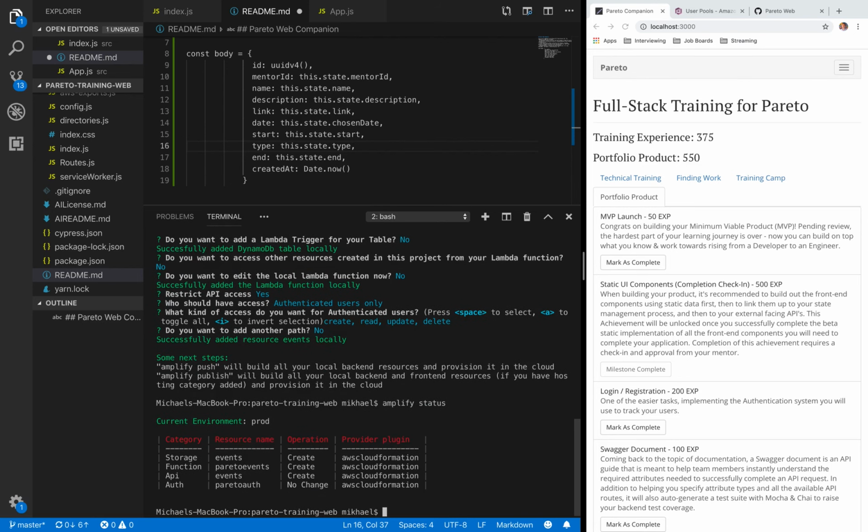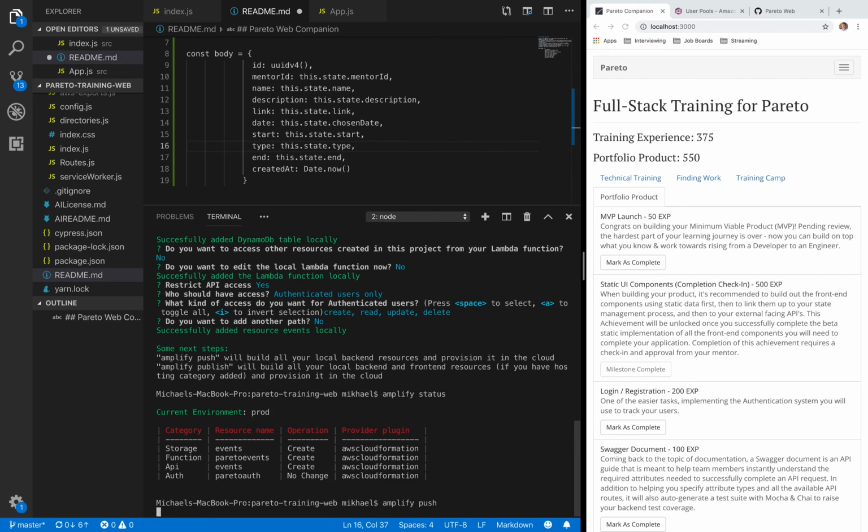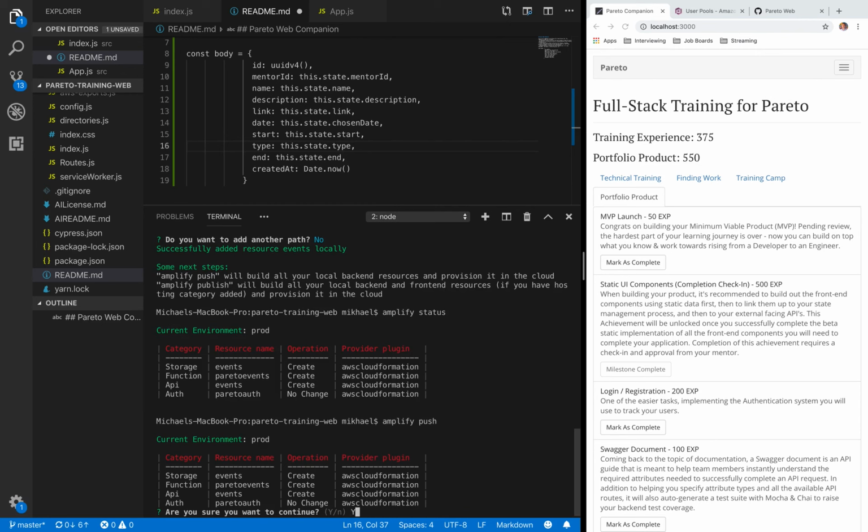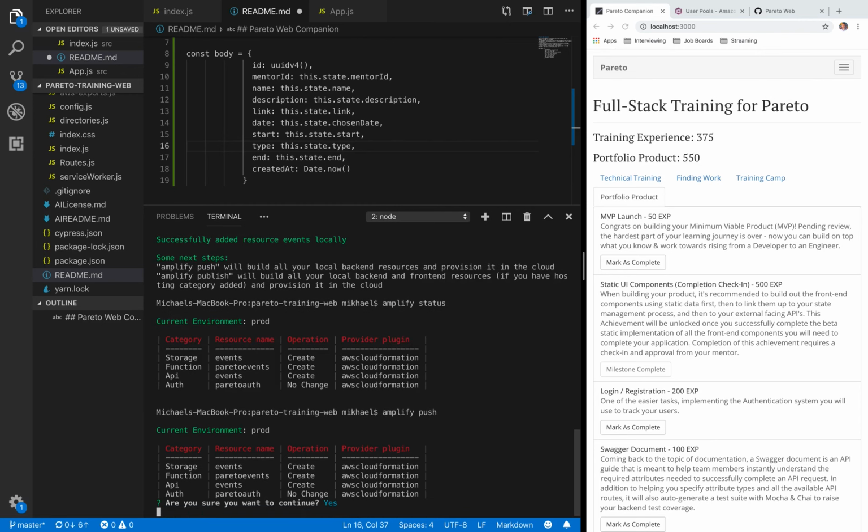And here, we've created an API, we've created a function, and we've created storage. So now when we go ahead and run Amplify push, it's going to go ahead and create all three of those resources, and it's going to deploy them using CloudFormation. Very, very cool. So this will take a couple of minutes. We'll come back and we'll resume in